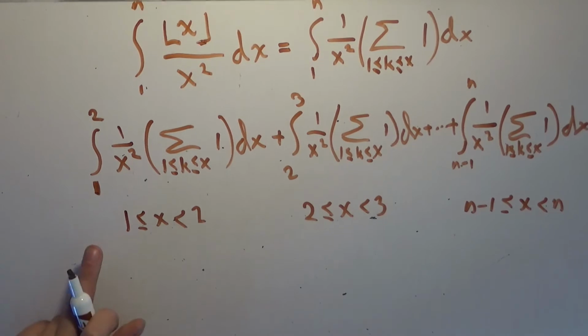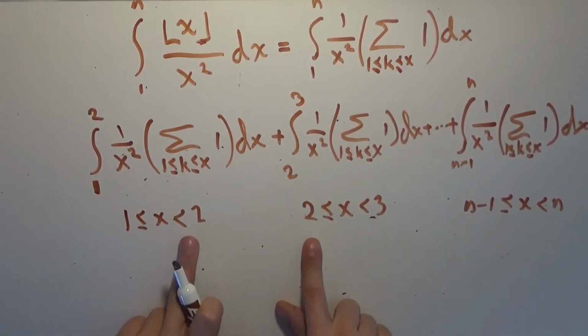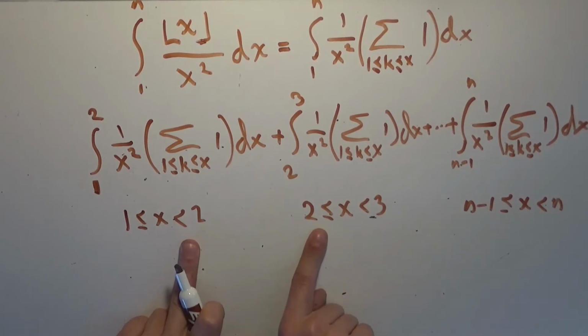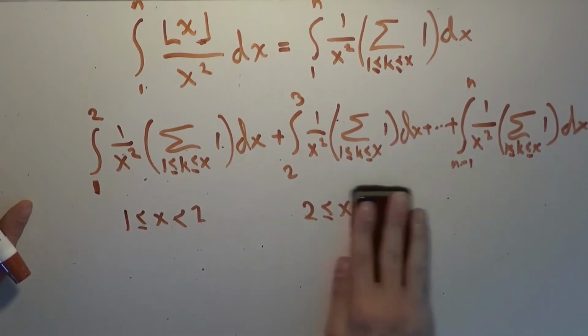So the total integral goes from 1 to n without copying any numbers, right? 2 is not included in this integral, but 2 is included at the lower bound of this integral. So I hope you understand what I'm saying. I hope that makes sense. That way,